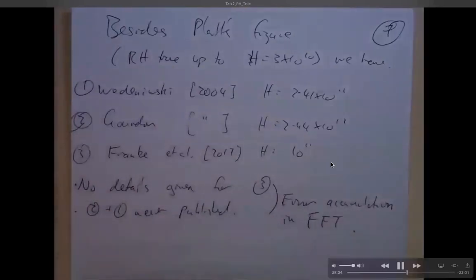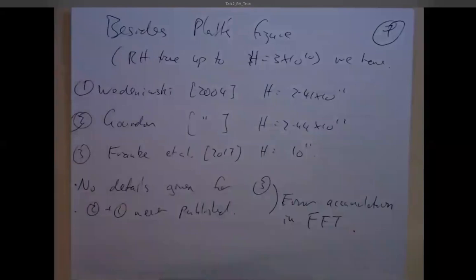Also, two and one were never published, and it's unclear to me how on earth the error accumulation was handled in these problems. Let's not talk about the details, but you're doing a whole heap of fast Fourier transforms to speed up the process. You're hoping to find a whole bunch of zeros and then reconstructing a function based on its signal using Shannon transforms or whatever.